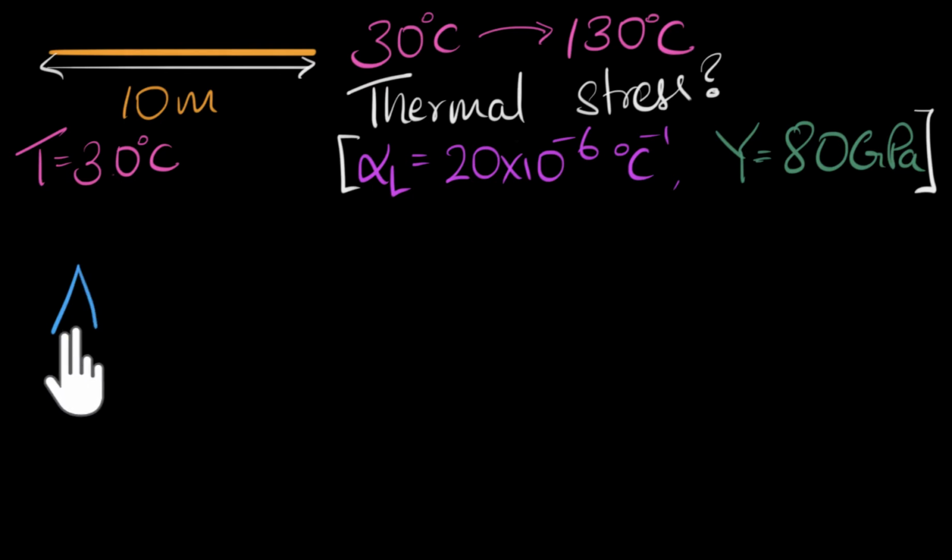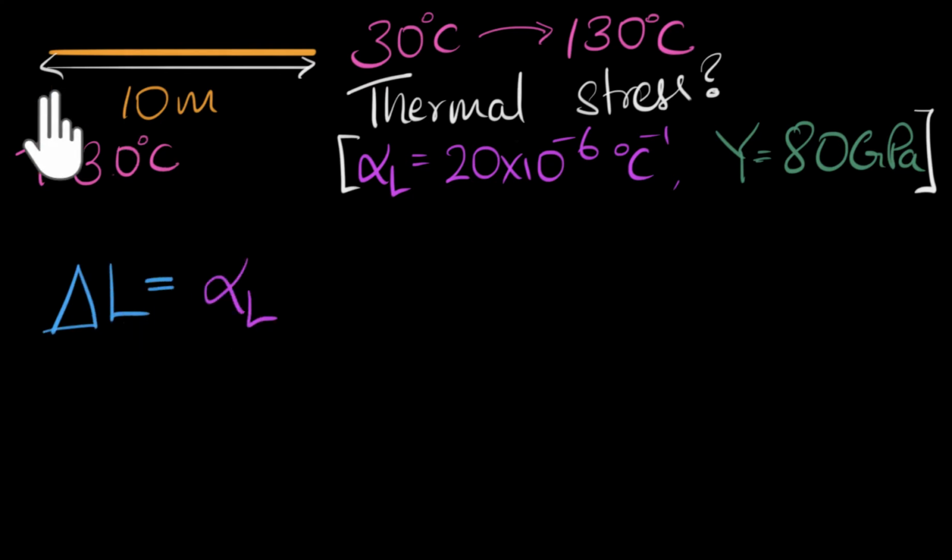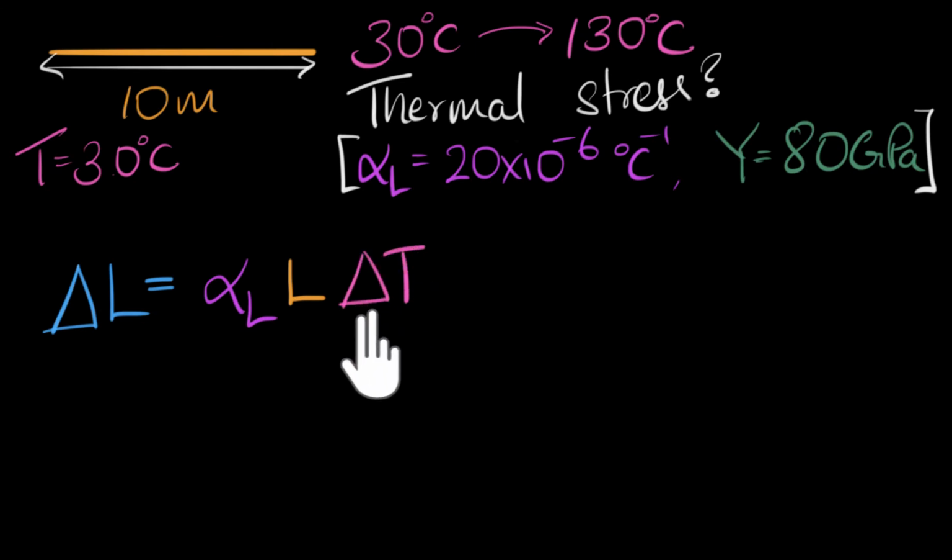The change in the length, we already know it's alpha L, provided we have a 1 meter long wire and we increase temperature by 1 degree Celsius. But if we have, say, a 2 meter long wire, it would be twice. For an L meter long wire, it would be L times more. So this would be the change for a 1 degree Celsius rise. What if you have a 2 degrees Celsius rise? Well, it'll be twice of this. What if you have a delta T degrees Celsius rise? Ooh, it'll be delta T times this. Alright, so here is the expression.